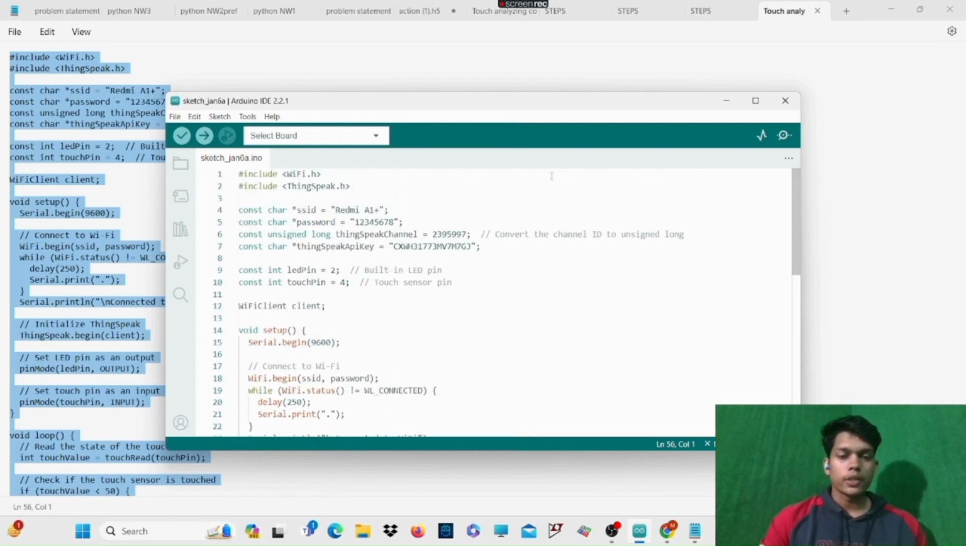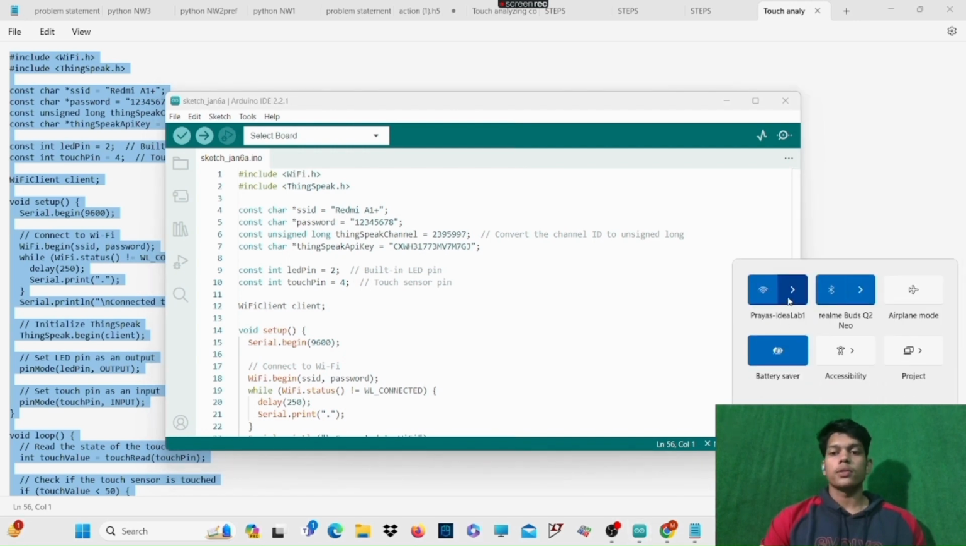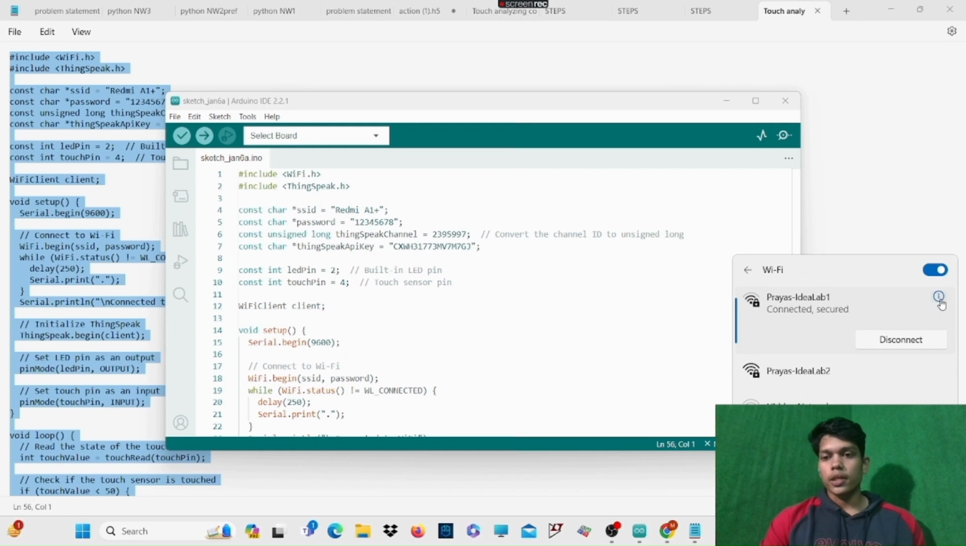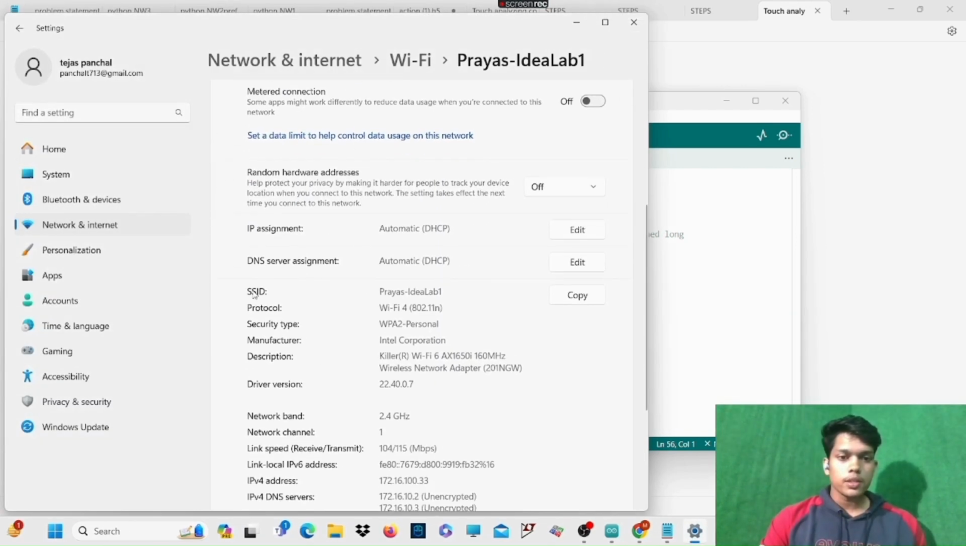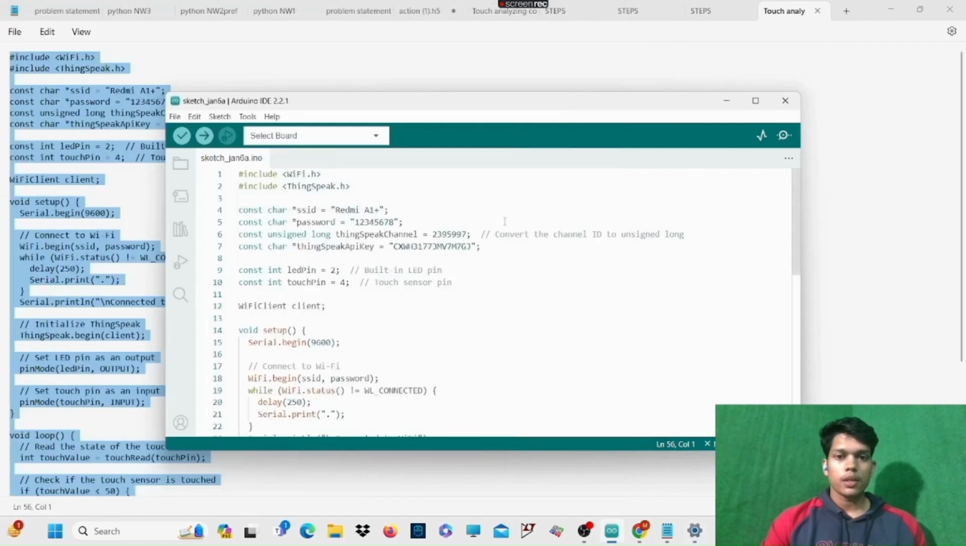Now, once you are done with this, you have to remember these four important bodies. First is SSID. Now, SSID is basically the name of the Wi-Fi network you are connected to. So currently I have connected to this Wi-Fi network. You can clearly see the SSID is given in the information of the Wi-Fi network. So you copy this, paste this in here,